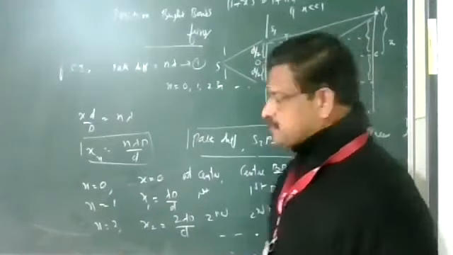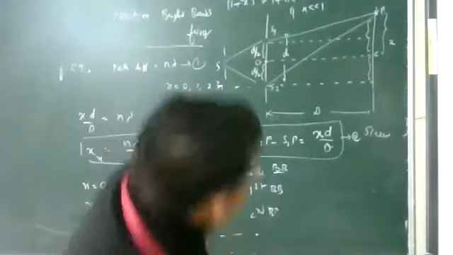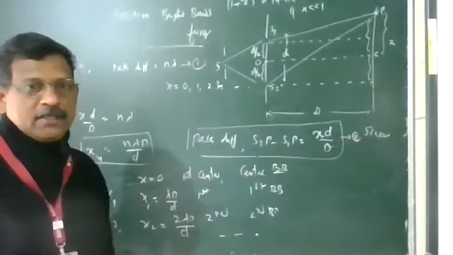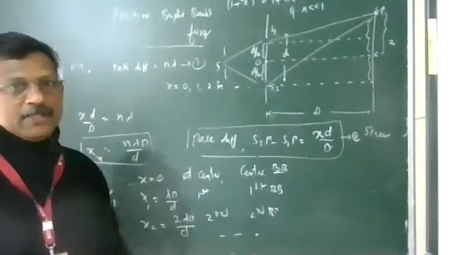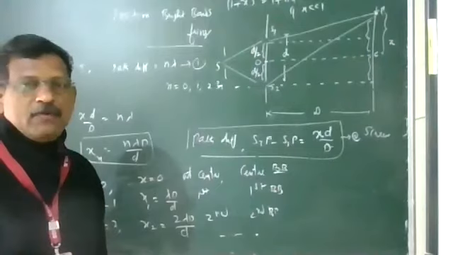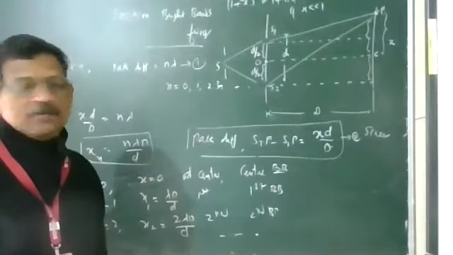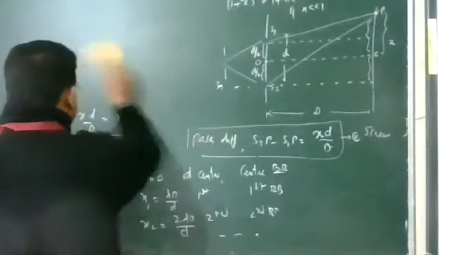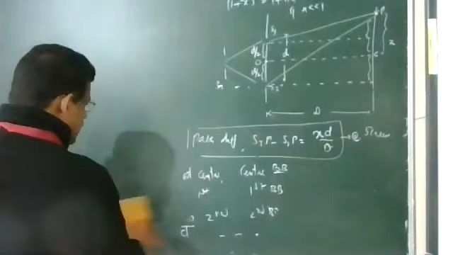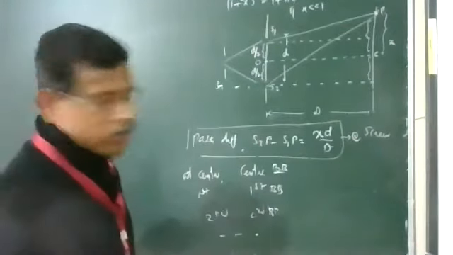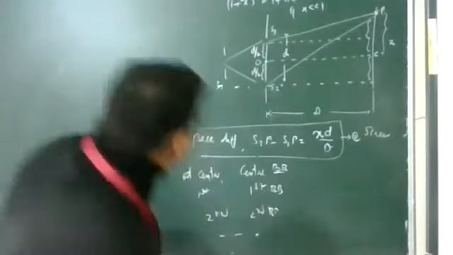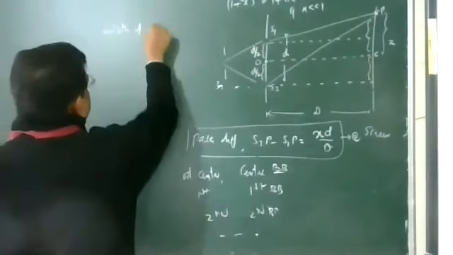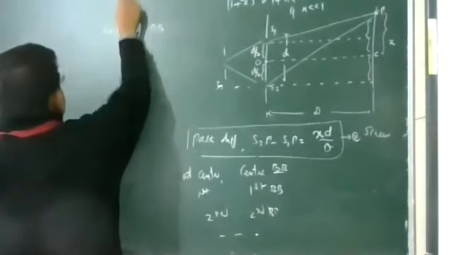So, next point. A dark region is there in between two bright regions. The difference between the distances of two bright regions will give you the width of a dark region. So how are we going to find that? These are the positions of the bright regions on the screen, very important, with lambda capital D upon small d. So the width of a dark band, we call it the bandwidth.